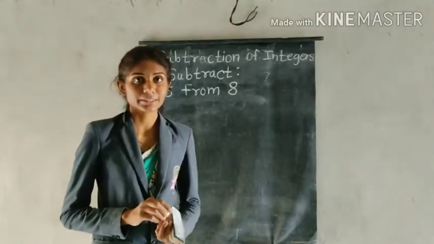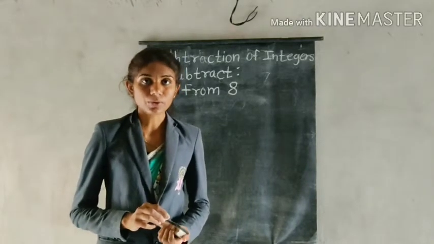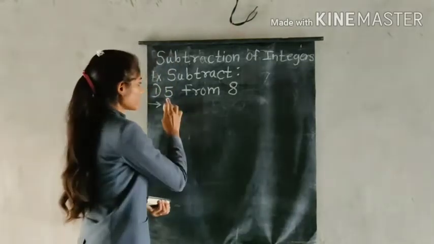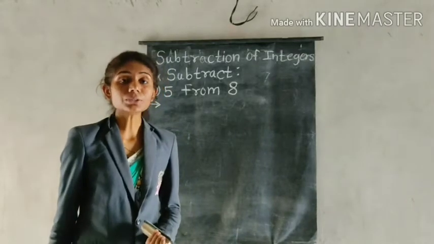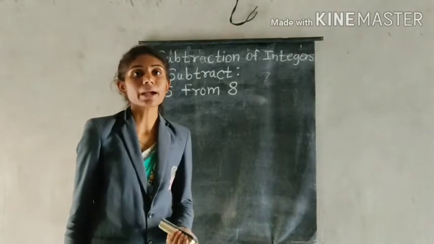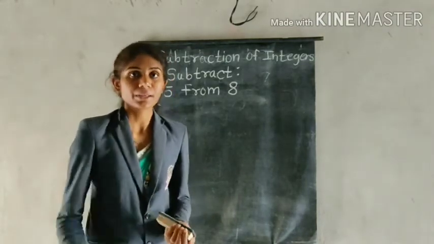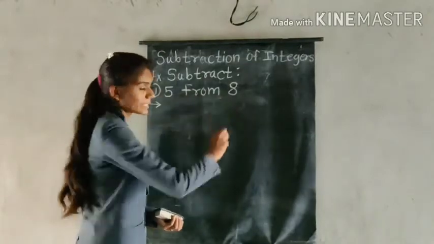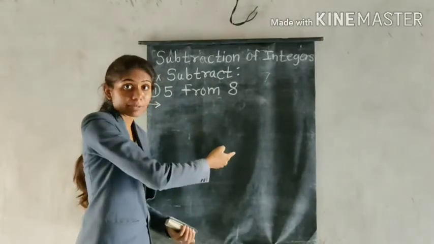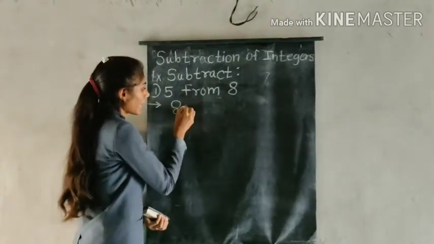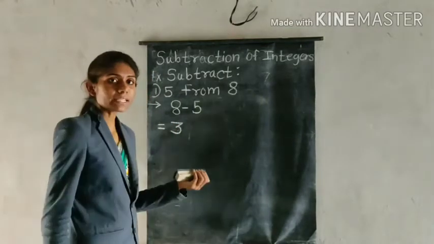Subtraction of integers. Whenever we perform subtraction, there are some rules we have to follow. Suppose they ask us to subtract 5 from 8. So how to solve this? We solve it normally, the way we do subtraction, because both the numbers are positive. Whenever the word "from" is there, we subtract the first number from the second number. It means it will come 8 minus 5 and the answer will be 3. So this is a normal